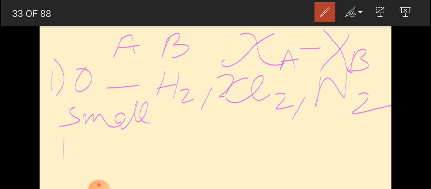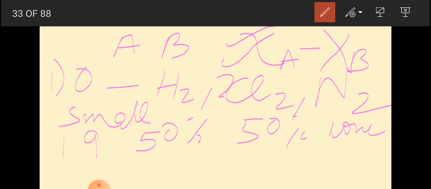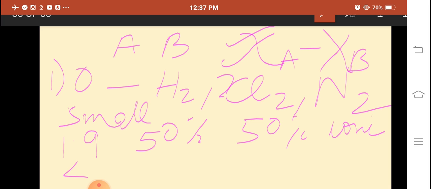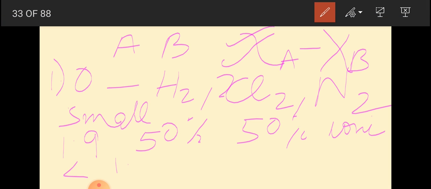If this difference comes to 1.9, the bond is 50% covalent and 50% ionic. And if the value comes greater than 1.9, the bond is more ionic and less covalent. Okay, and percent ionic character